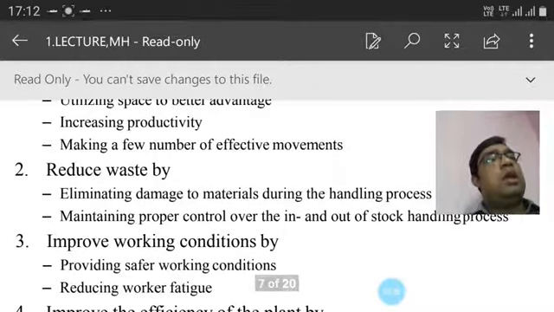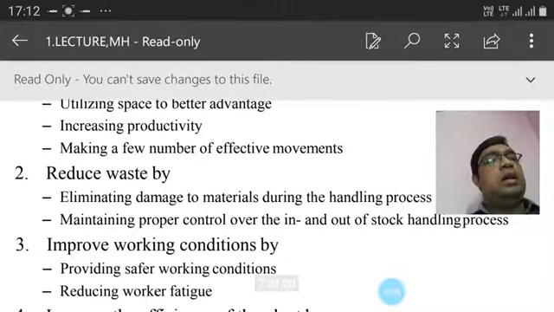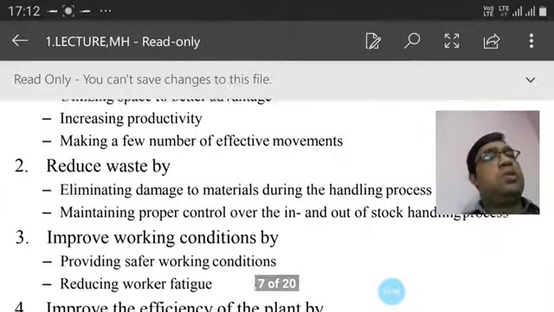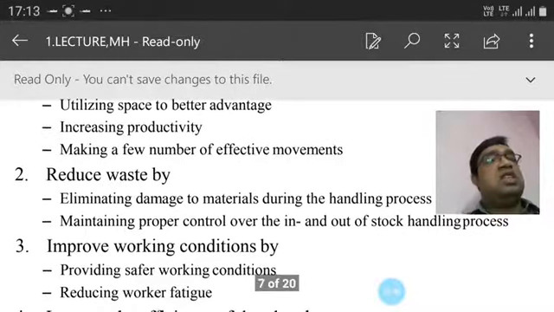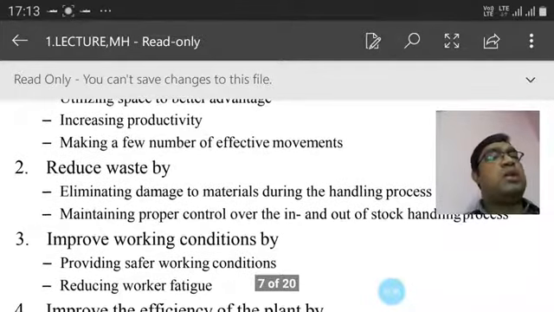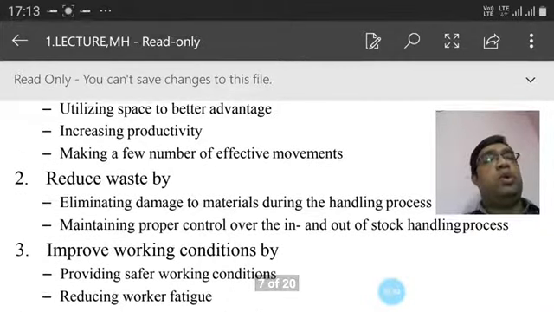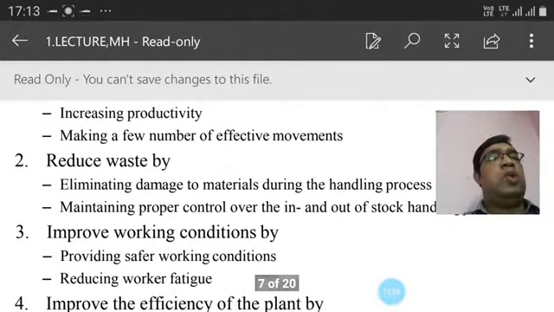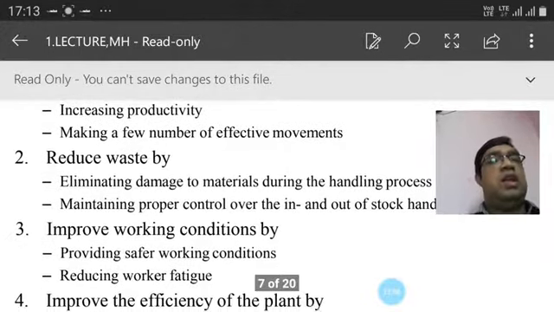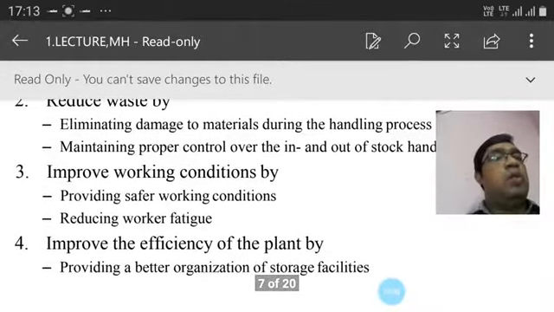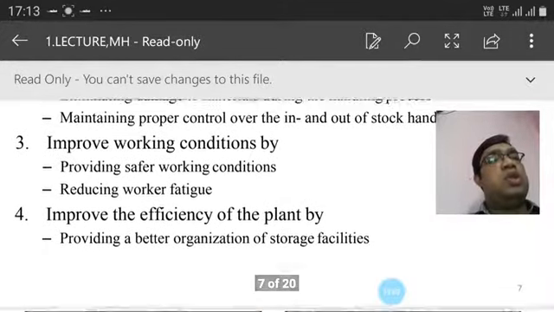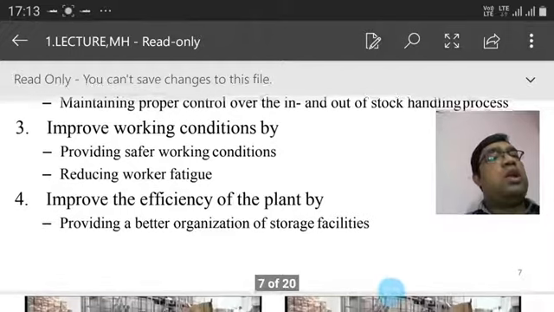There are many intermediate persons and many places in between. This is the pick and drop. This makes it difficult, but you require a good packaging system, and with good packaging there is less damage to your materials. So waste is reduced by proper materials handling systems, and working conditions are improved by good materials handling procedures.